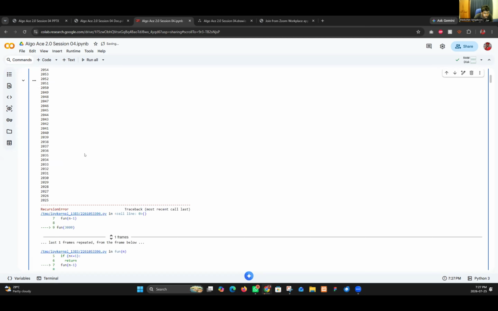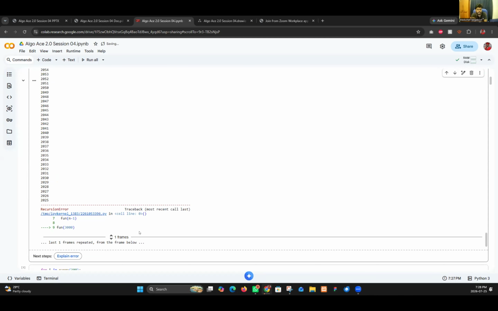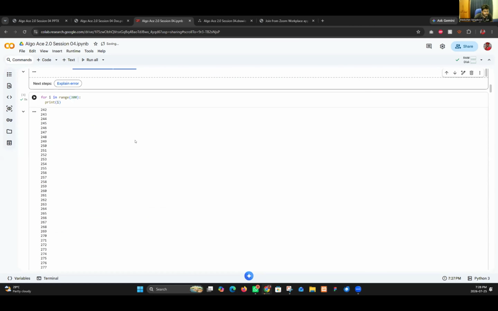What happened there? I got an error. What did it say? Maximum recursion depth exceeded. Definitely it is fine to get 300 or 200. Let's check with this.